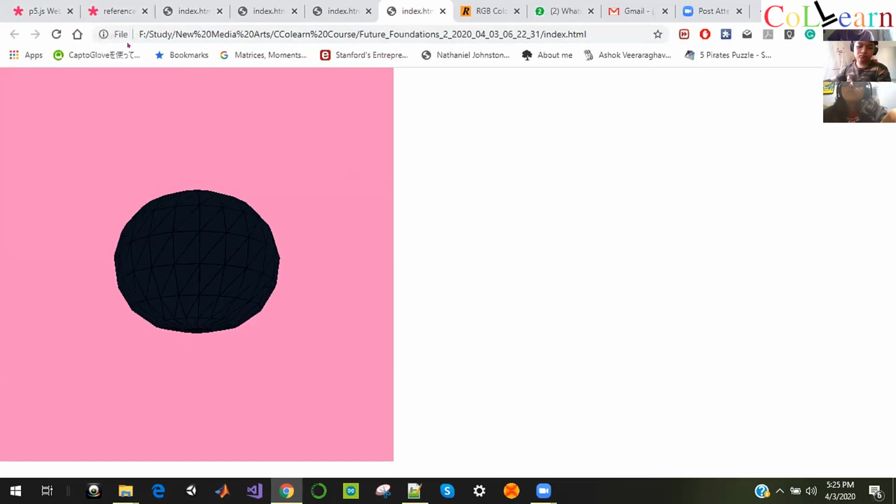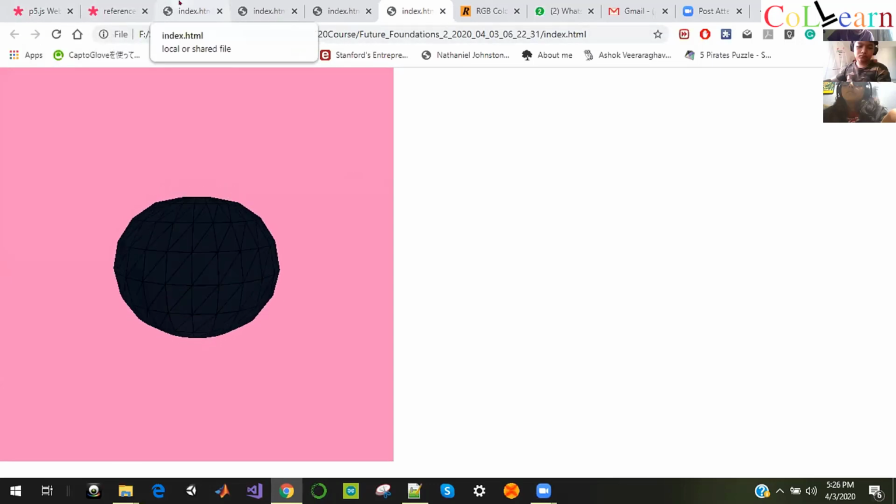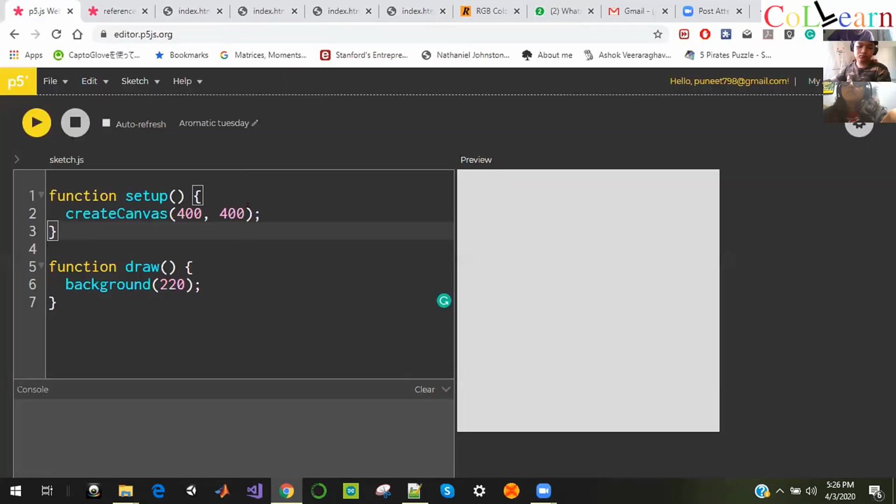If it is sounding very confusing right now, about what a browser is, what the link is, and where I am typing everything, just bear with me for 1 minute and we'll do something. Come to this particular platform, this editor which Aditya gave to you. You see my screen right away.